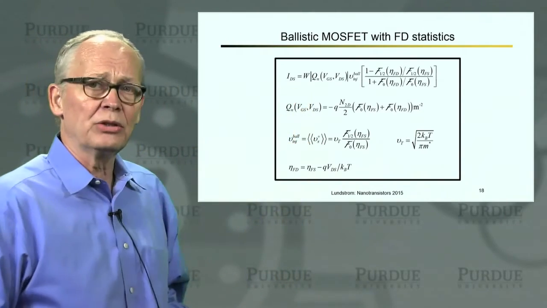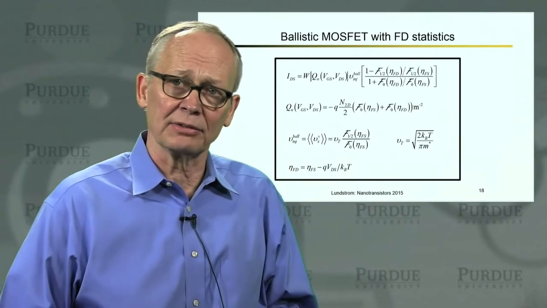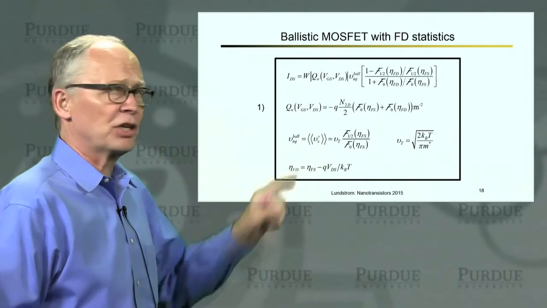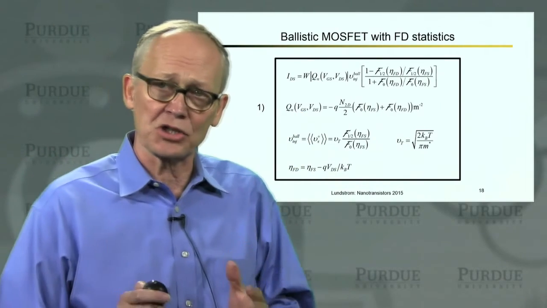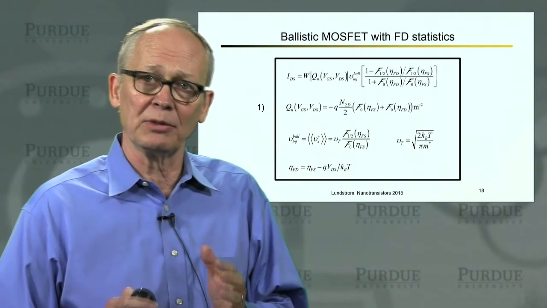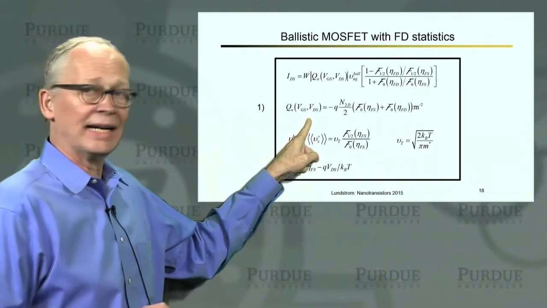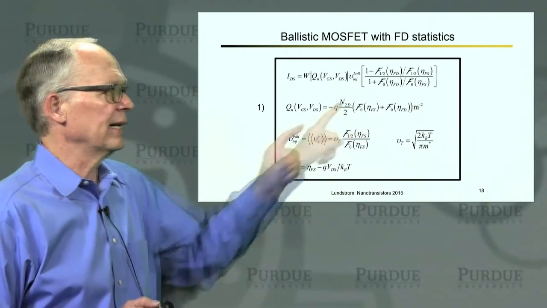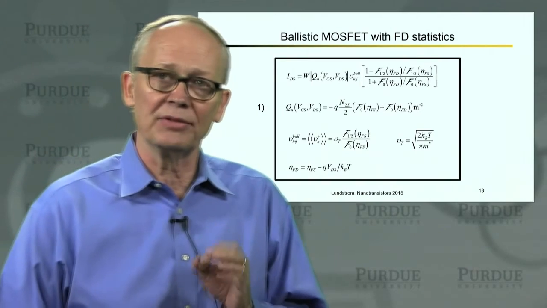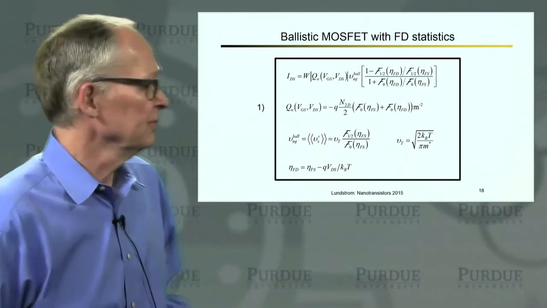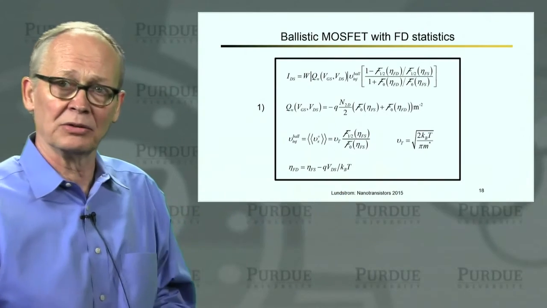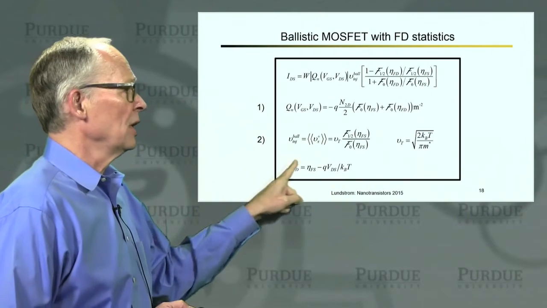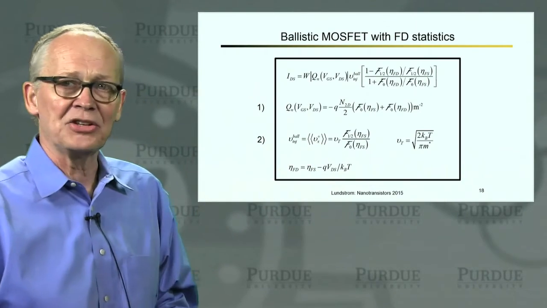These equations we could use to calculate an IV characteristic for a ballistic MOSFET, and we would do it this way. We would begin with the charge expression because we know how to calculate the charge due to MOS electrostatics. So the left-hand side is known for a specific gate and drain voltage. And then we would solve the right-hand side to find the location of the Fermi level in the source. And then in the drain, it's just lower by an amount equal to the drain voltage.